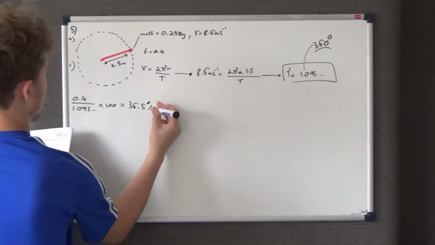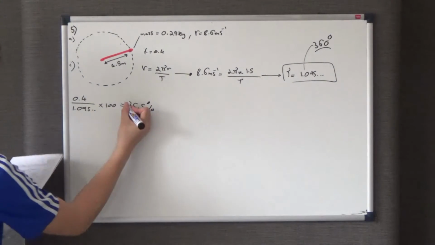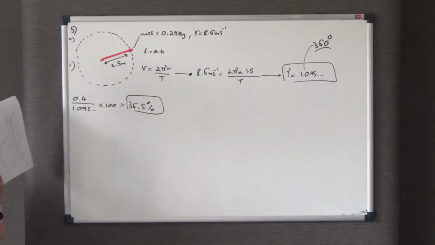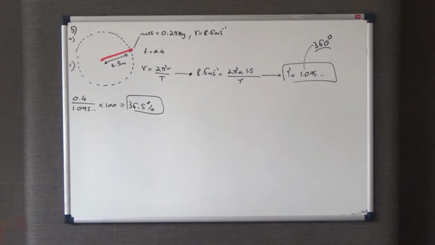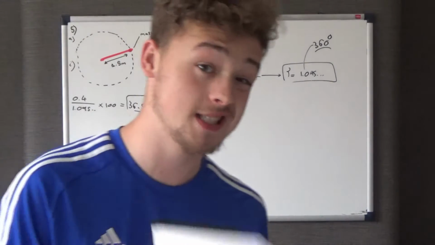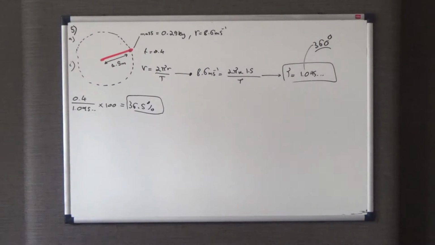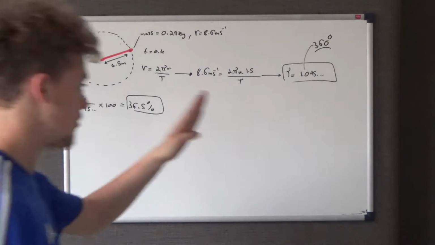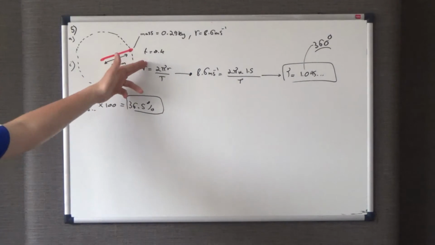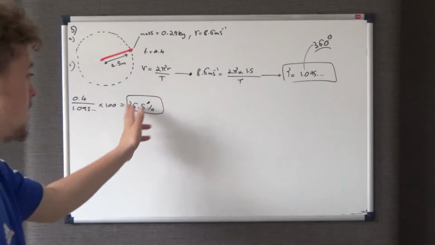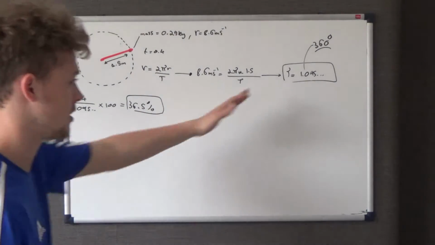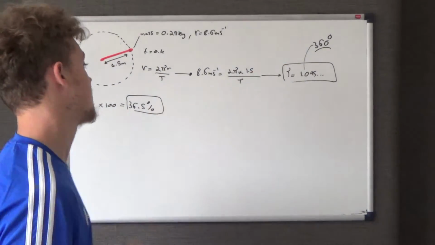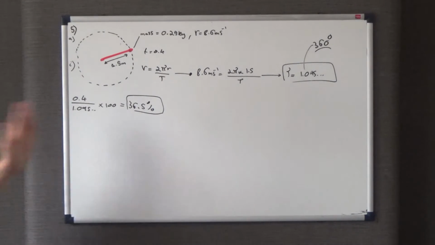36.5%. And what we're going to do, we know that 0.4 is 36.5% of this 1.095 seconds, which is the time period. And remember, we cover 360 degrees in one time period. And as this 0.4 is the 36.5% of the overall time period, the angles that it covers in 0.4 seconds is going to be 36.5% of the angles covered in 1.095 seconds, which is 360. So therefore, the angles covered in 0.4 seconds is